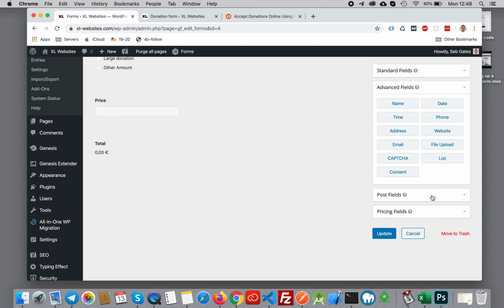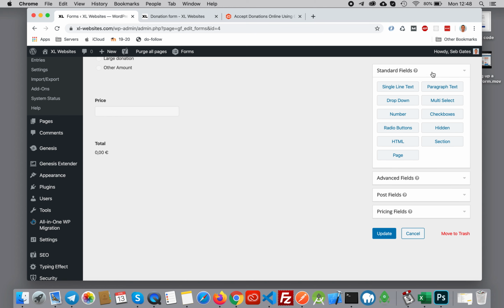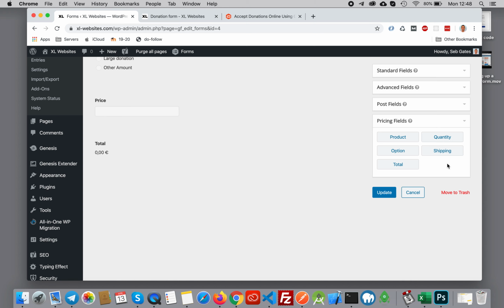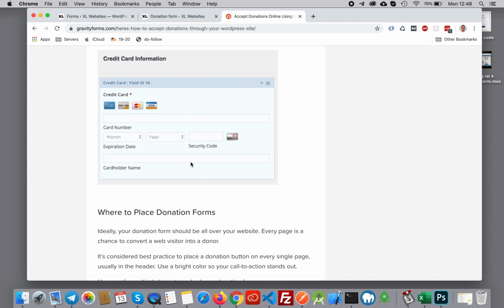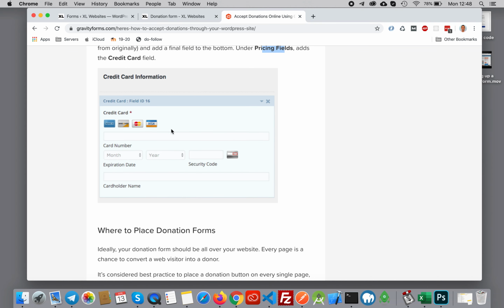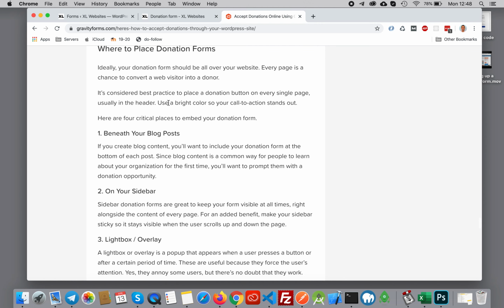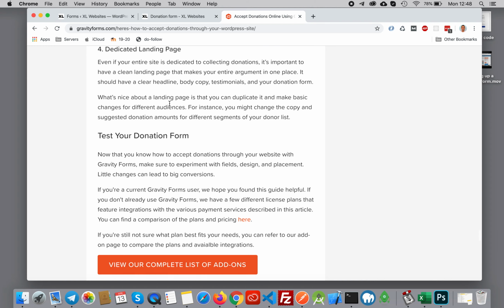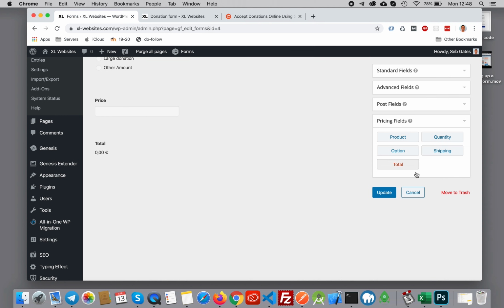Advanced fields. Wonder if there is a credit card. Got a feeling that credit card pops up here as an option if you use Stripe. So I don't think this is necessary, because we're not going to be doing debit cards because we're pushing someone to PayPal. Right, so let's test it. So update everything here, go back to there,